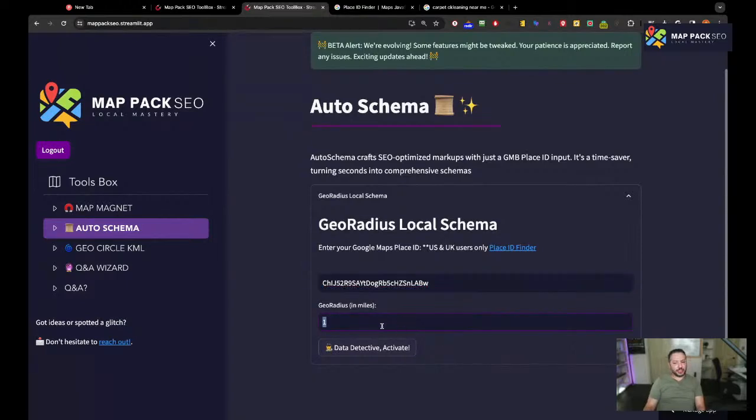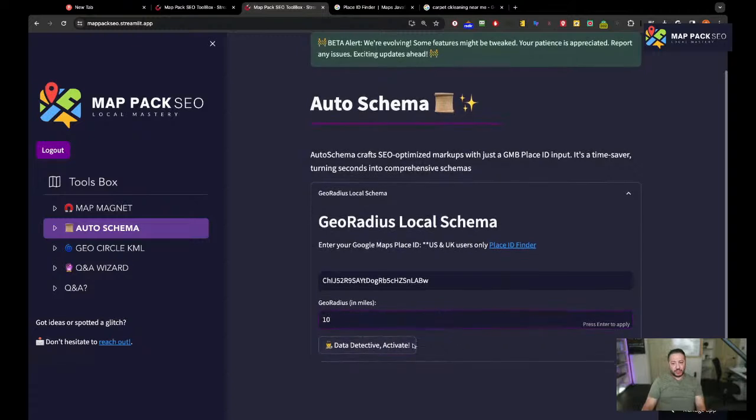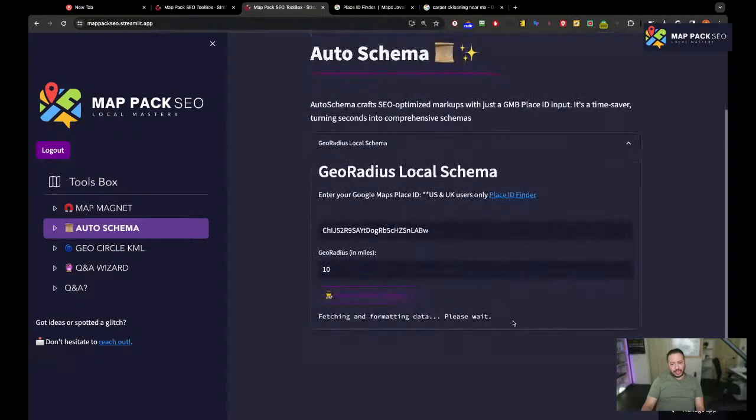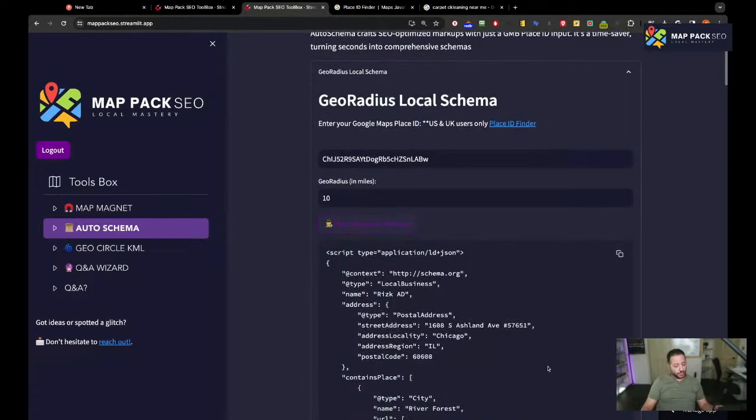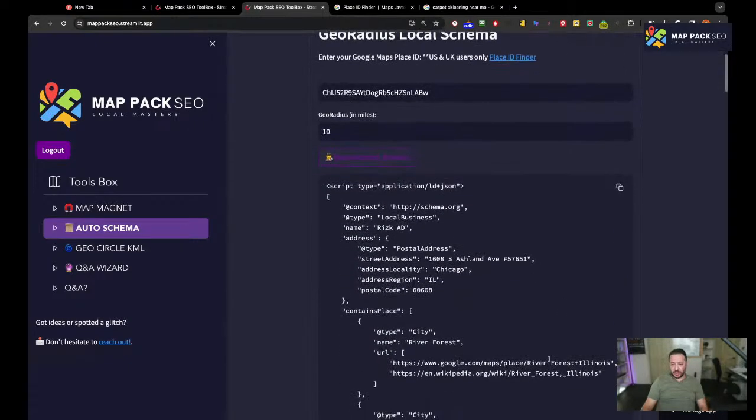How big is the coverage, and how big do you want to cover in the geo radius schema? So the geo radius schema, which is the local business schema, and if you click 10 miles and click on data detective, activate it, and then it will fetch the data. It's going to go to your GMB, get all the data from the business address, business phone number, services, and everything else.